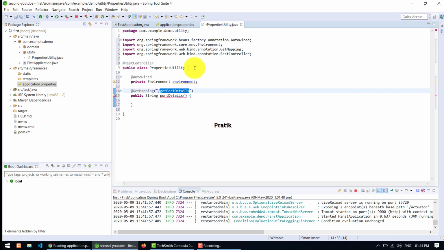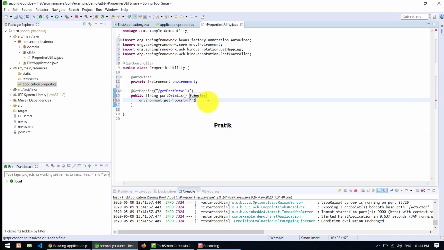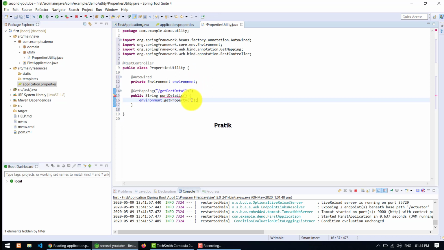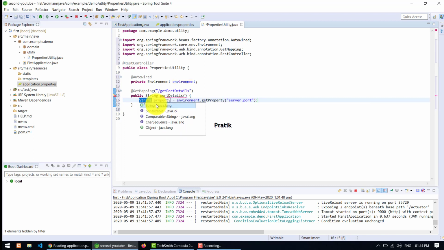So I am just using that Environment reference. Okay, so what I do, environment.getProperty, and I am passing the same key, that is server.port here, and with the help of that we get the value of that specific key inside that property.